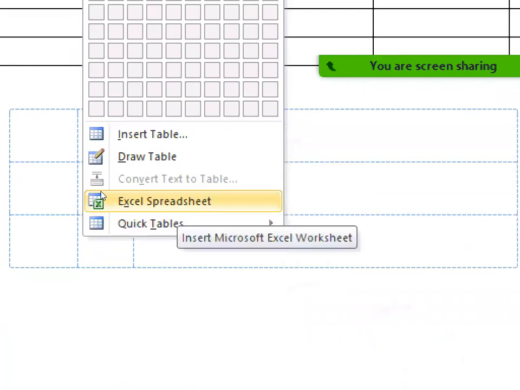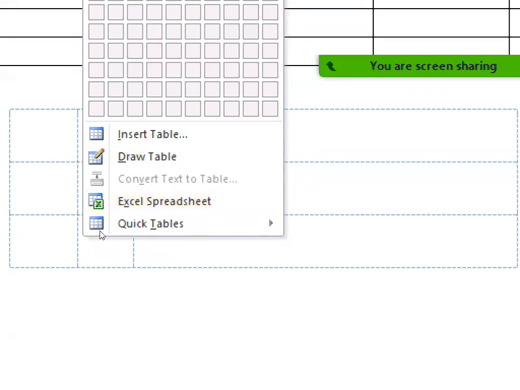Similarly, if you want to include an Excel spreadsheet in a document, say we are giving a report on students. How many students appeared for the examination? How many students passed with distinction? How many got first class, second class, and so on. And the document consists of all this information, and in that we want to display the marks of students. If you want to include that Excel sheet or spreadsheet, it can also be included in the Word document itself.